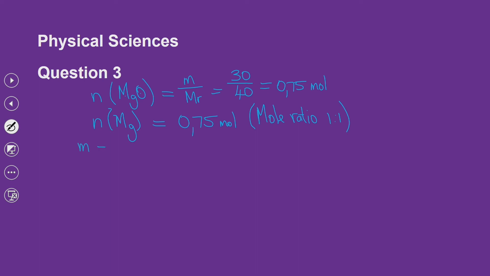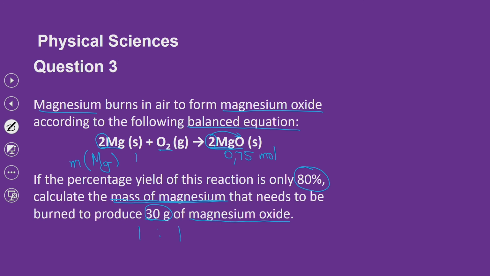So the mass is equal to the number of mole multiplied by the molar mass. The little r I'm putting in there is the relative molecular mass, is another name. That is equal to 0.75 multiplied by the relative molecular mass or the molar mass of magnesium, which is 24. Therefore, the mass is 18 grams. Let's go and interpret. What does all of this mean? It means 18 grams of magnesium will form the 30 grams